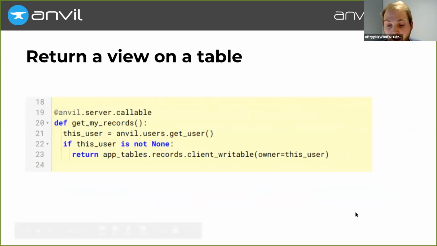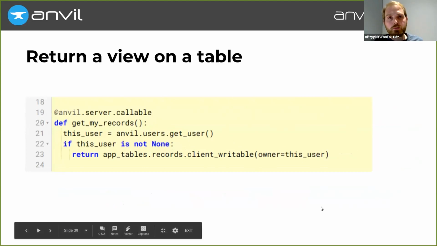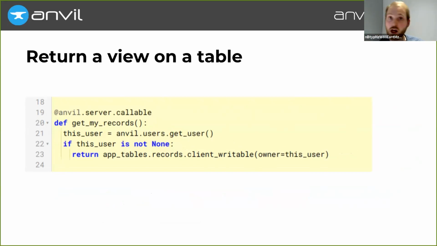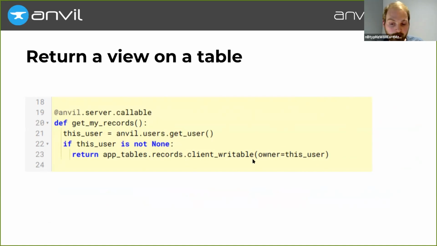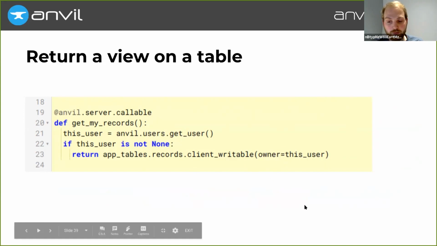We can get fancier than that. We can have views. So just to clarify here, tables are themselves live objects. You can return a whole table. This could be, again, useful if the client doesn't have read permission on a table, but the server says, actually, you're logged in, you can just read this whole table. Or what we can do is we can take a table and then we can make a view on it. So this is a client writable view. So it's a version of the table that the client can write, but only the rows where the owner column matches this user, so the currently logged in user.